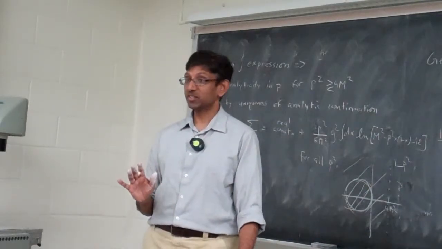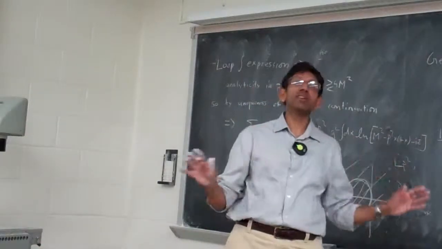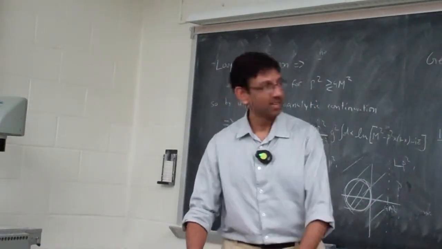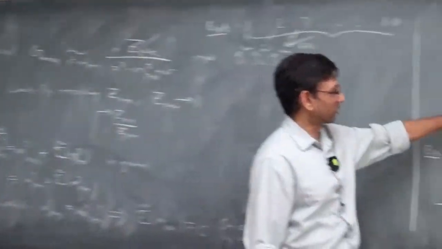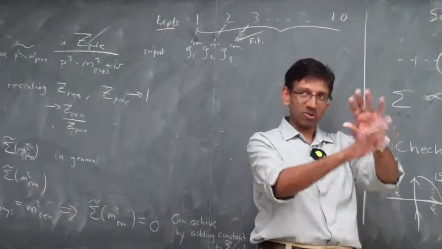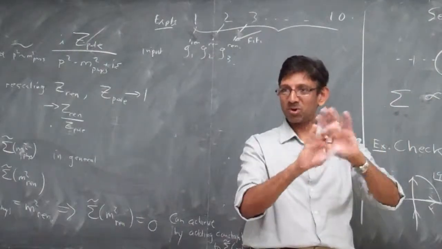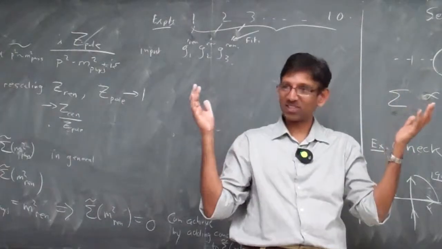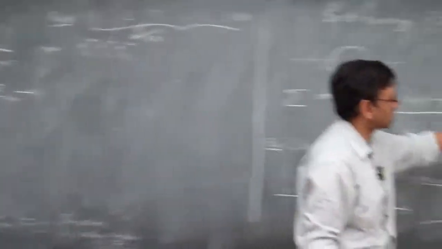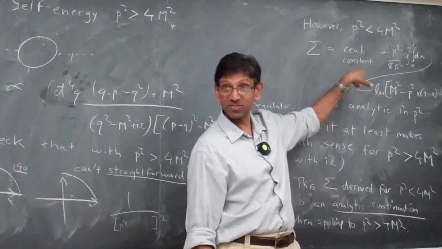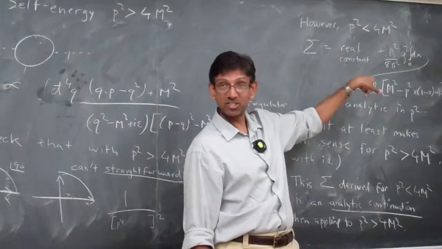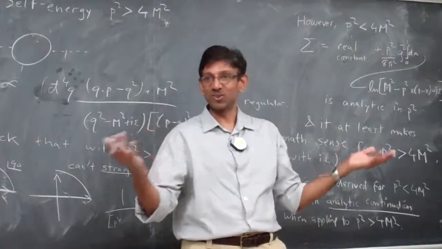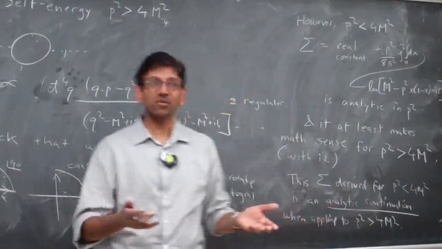No. Think of it like this. Suppose my whole goal in life was to calculate the second derivative of sigma. Okay? Then I would just look at the second derivative expression of this and say, well, look, perfectly convergent integrals, no problem, and the integrand looks pretty analytic to me, and so it's just an analytic function of p. And then I write this expression, and I take two derivatives of this. Okay? And I'd stare at that, and I'd say, well, that's an analytic function, and it extends itself to the whole complex plane. So then I'd say,